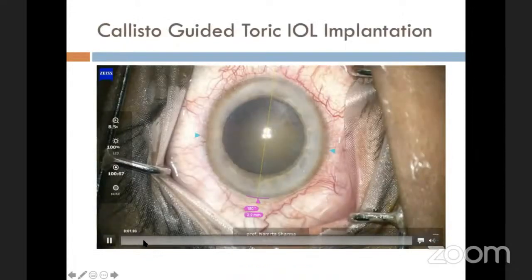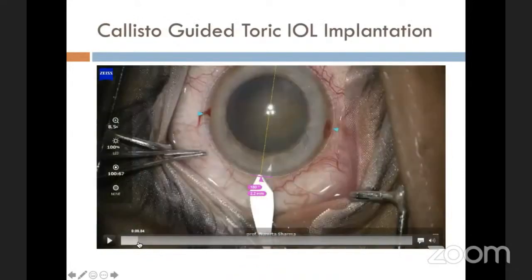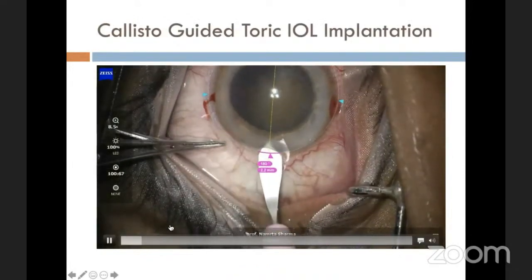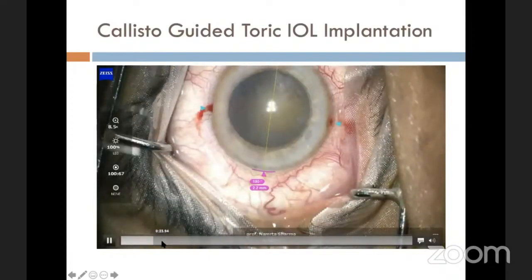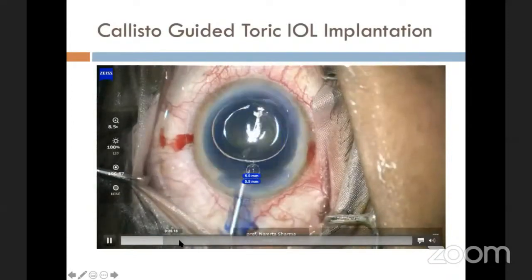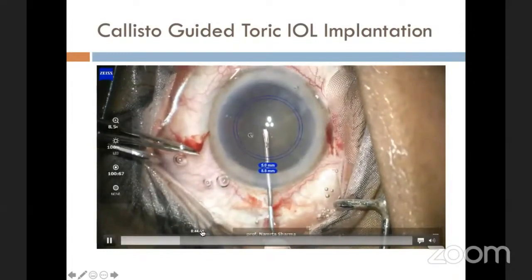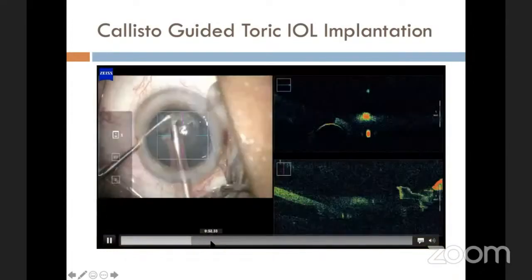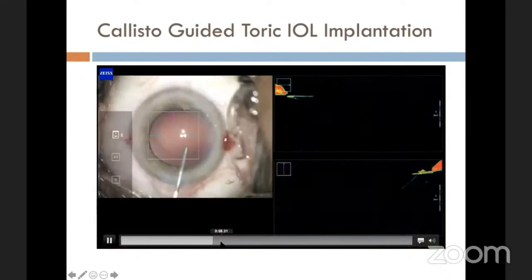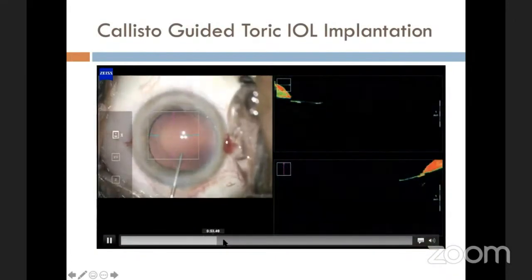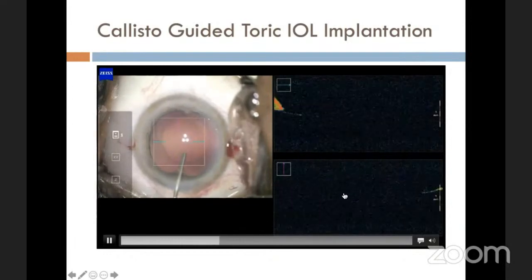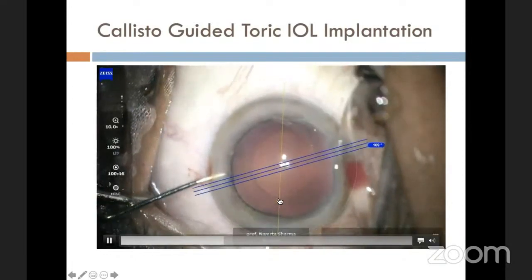Now, this is just to show a live case of the same. So you can do the side port, you can do the main wound looking at this. Then one can do the staging of the rexis as well as the rexis also can be made. And then subsequently the nuclear emulsification can be done. And this is the intraoperative microscope, in fact, in which the intraocular lenses can be placed.